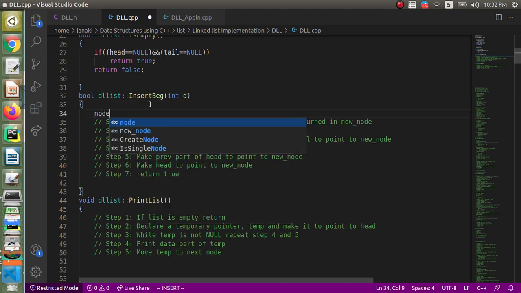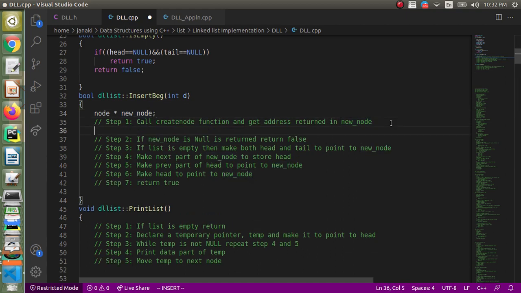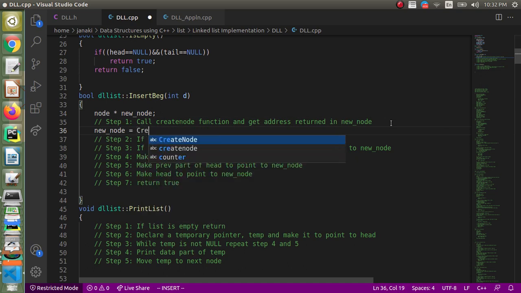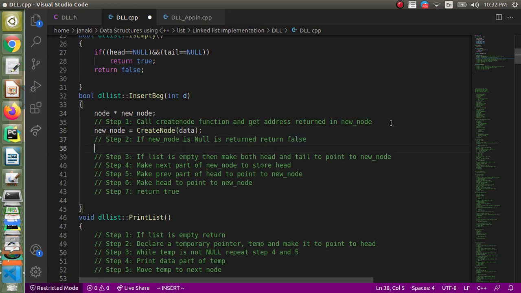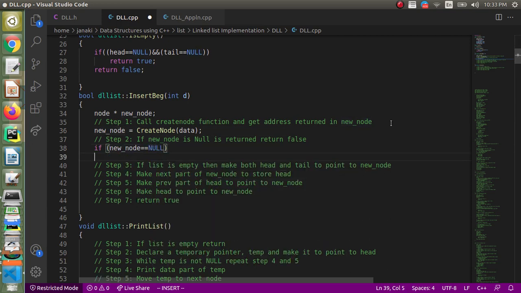Let's declare the pointer for storing the address of the newly created node, and we have to call the create node function with the data alone. Then if the address returned is null, this will happen only when there is no memory.